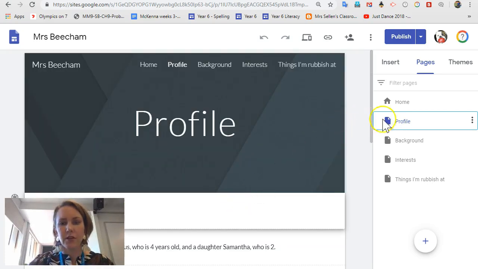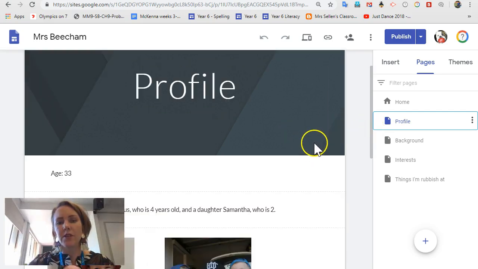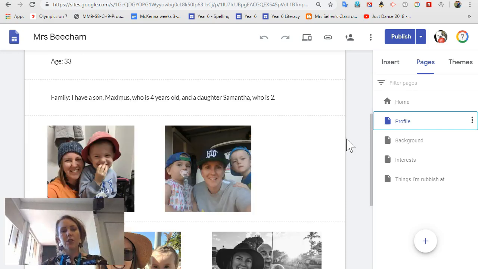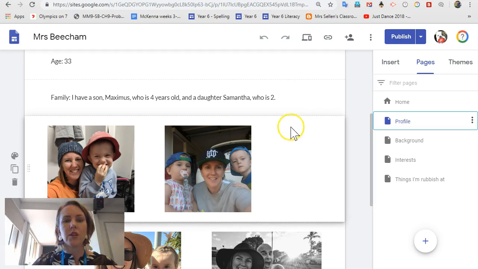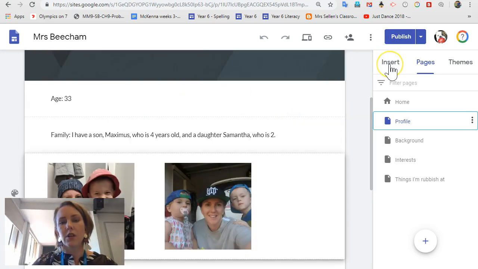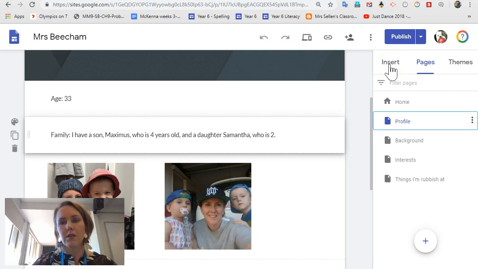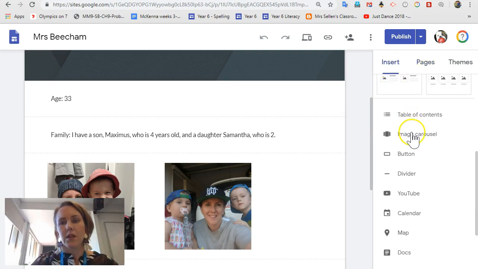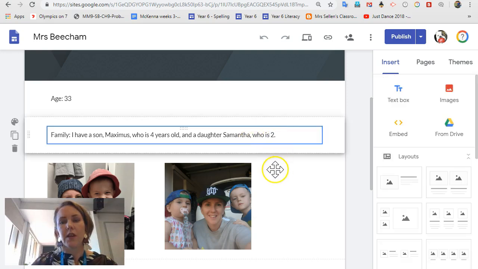Alright, cool, sorted. I've labeled this my profile page, and on it I have written things like my age, and also a little bit about my family. To do that, you can do it two ways. You can go back to insert and do it that way, but I actually find it easier to just double click where you want to insert